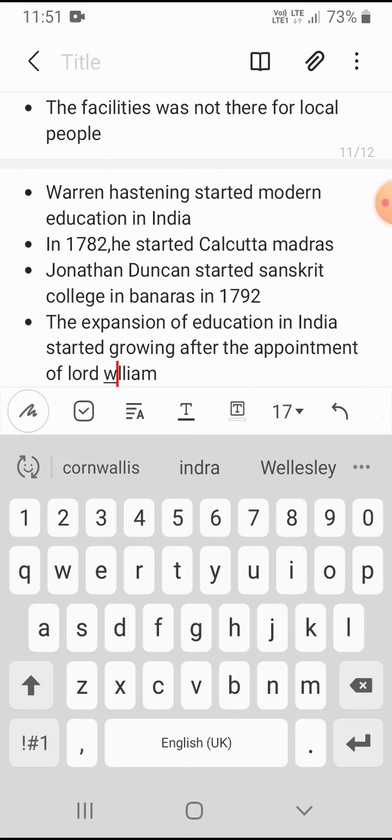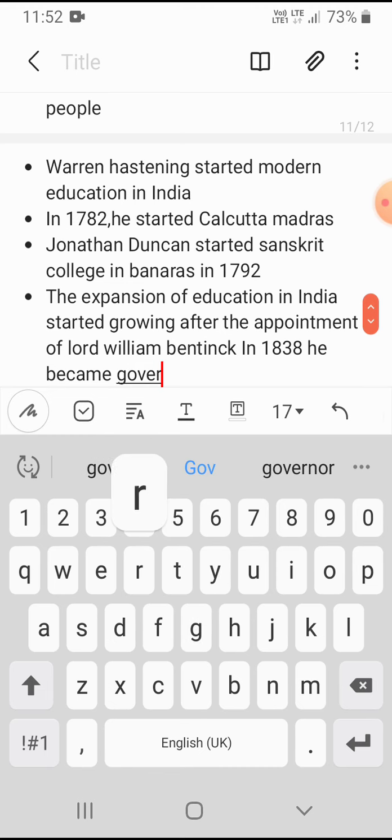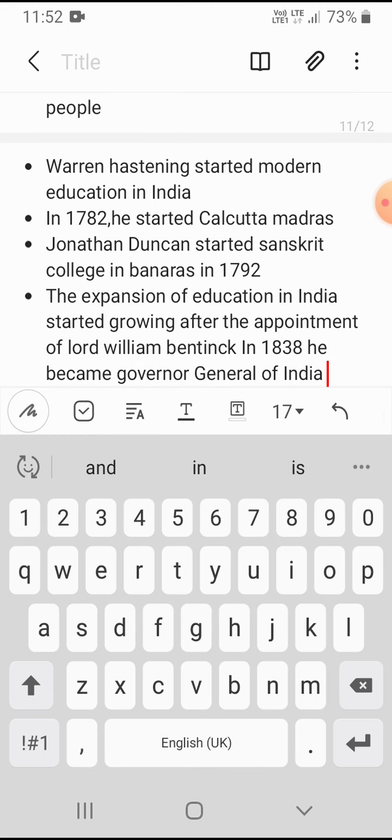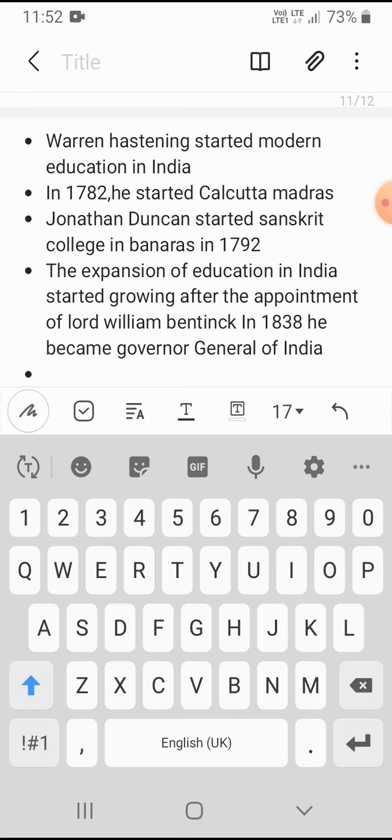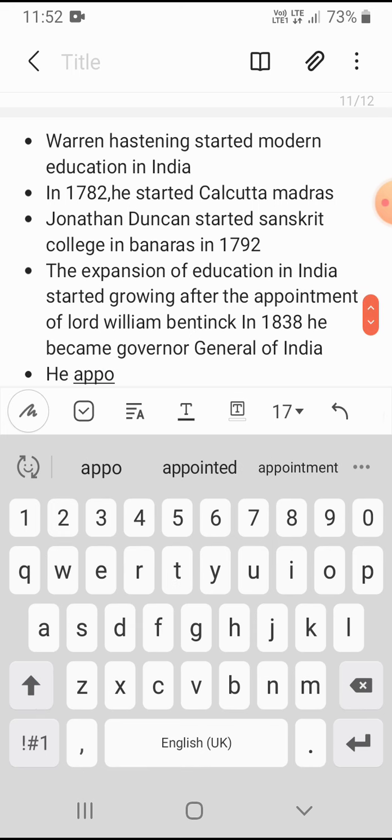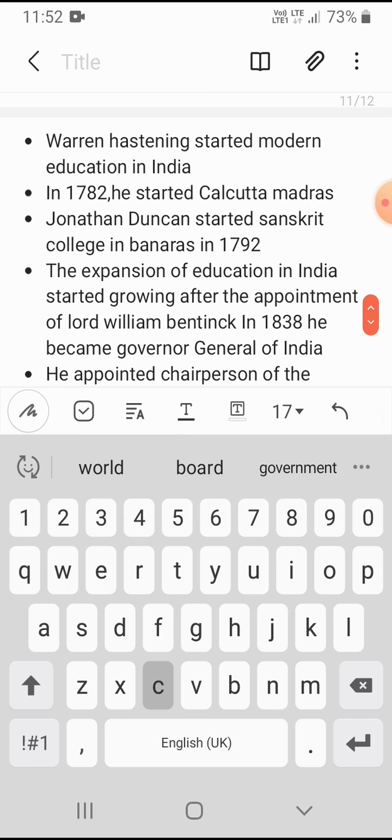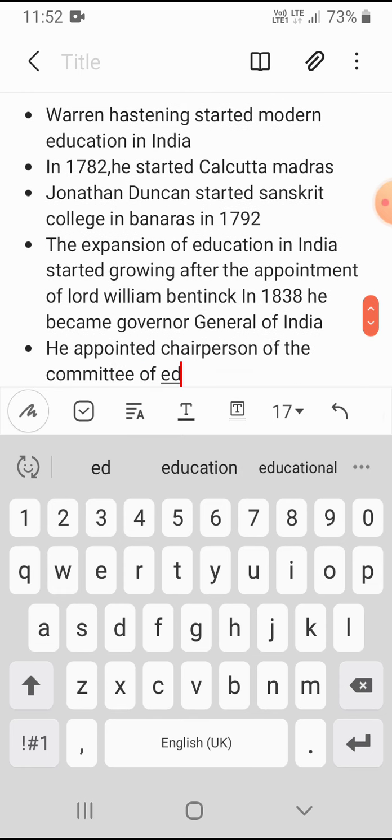After his appointment, in 1828 he became Governor General of India, and Bentinck appointed a chairman of the committee of education. He made a chairman,